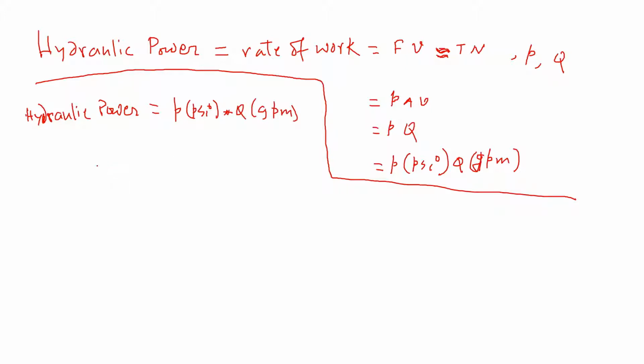So if we want to convert this into horsepower, we first have to go to pounds per square foot. This is in pounds per square inch, and this is in gallons per minute. So we can convert that. We can keep the pound, that's okay. Inches squared, we can convert, since 1 foot is 12 inches,